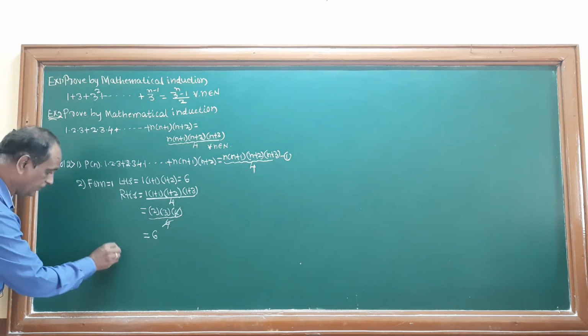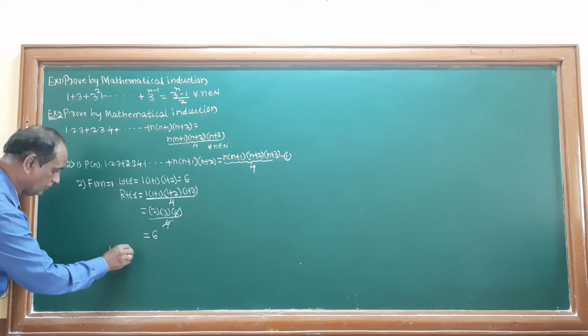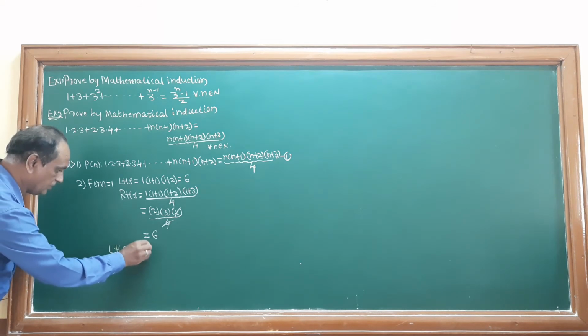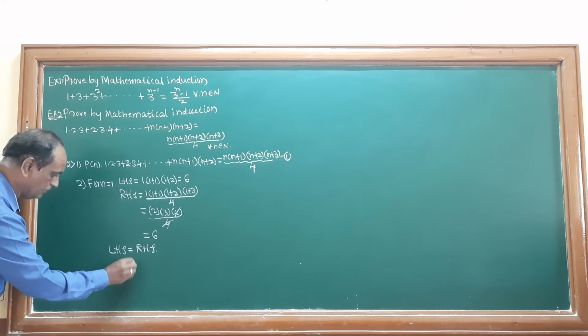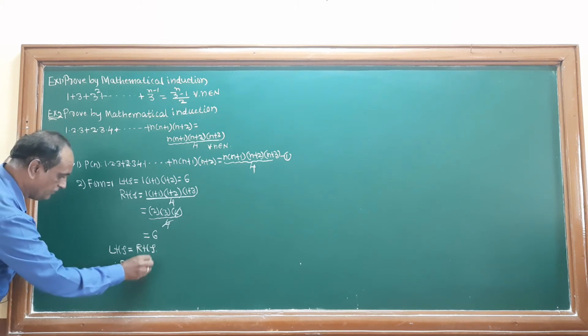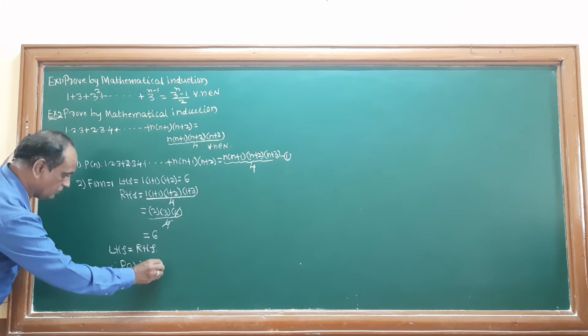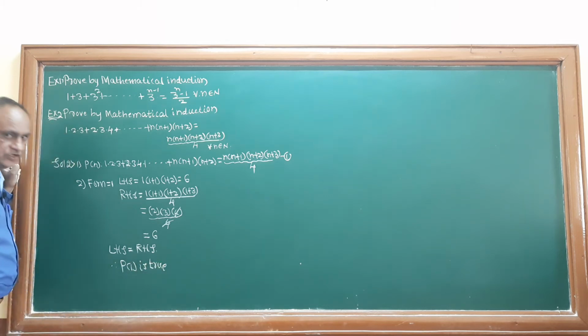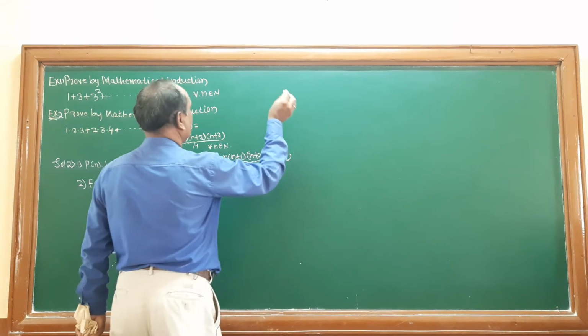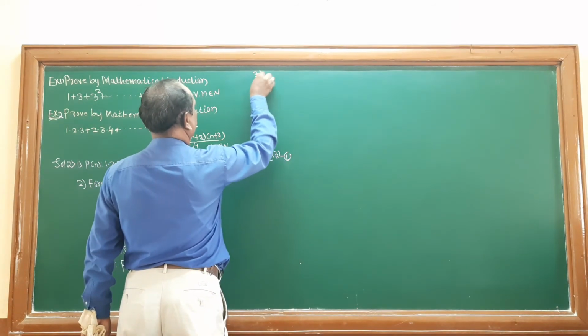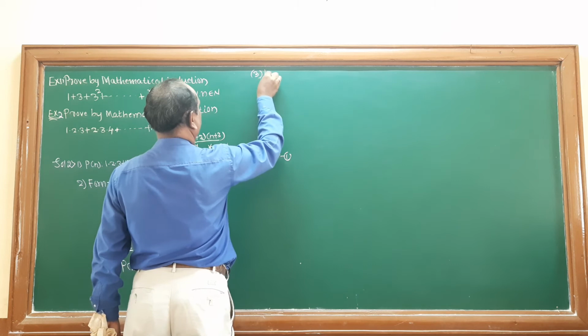Therefore LHS is equal to RHS, that is P of 1 is true. This is a true statement. Then come to the next important step, that is step number 3: let us assume that